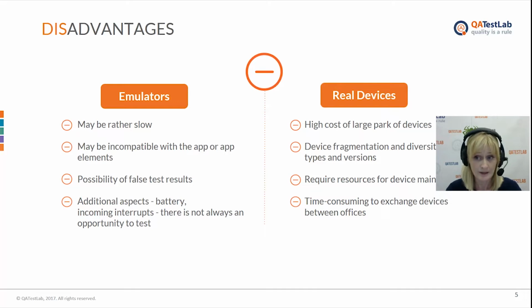Regarding emulators, sometimes we can face slowness in the emulators. There may be incompatibility with the app or app elements, and a possibility of failed test results. For additional aspects like battery and incoming interrupts, there is not always the opportunity to test. And regarding real devices, the main point is the high cost of a large pack of devices, device fragmentation and diversity of operating system versions, the resources required for device maintenance, and